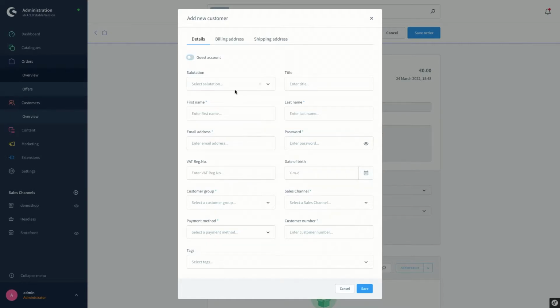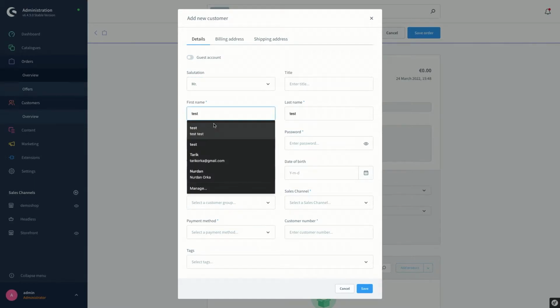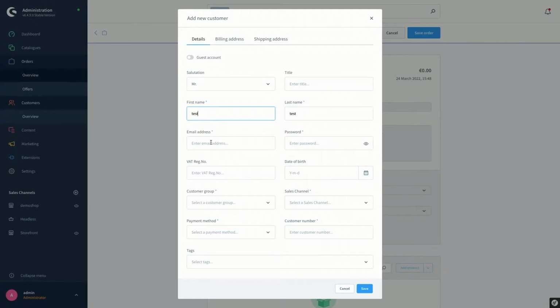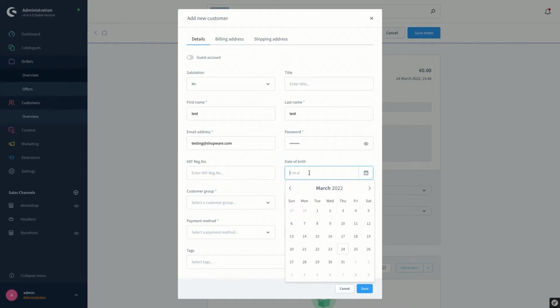So I will start with the salutation up here and then select the first name, and the last name is test, and as email address, and also define a password for him. Below I have the option to enter the date of birth for the customer, and on the left hand side, if it is a company account, I can enter the VAT registration number up here. Below I have to assign this customer to one of the existing customer groups,